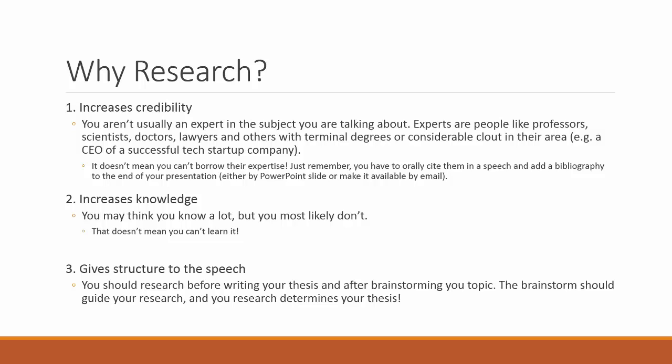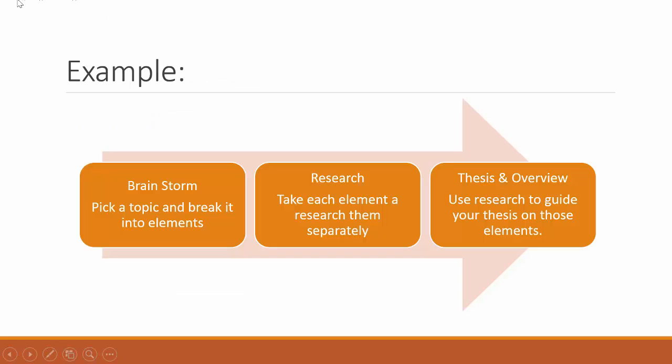Right after you pick those elements, you immediately go and you start researching those elements, and you start collecting sources. So here is just a little visual so that you guys can understand it. As you can see, we brainstorm first. You pick a topic, one thing, and then you break it down into lots of different elements. From that list of elements, you take 3 things that you feel are most important. Bam, those are your body sections, and also that's your thesis and overview.